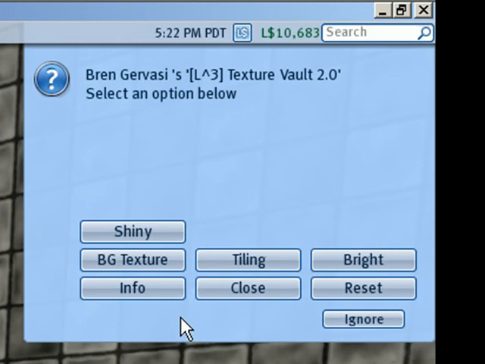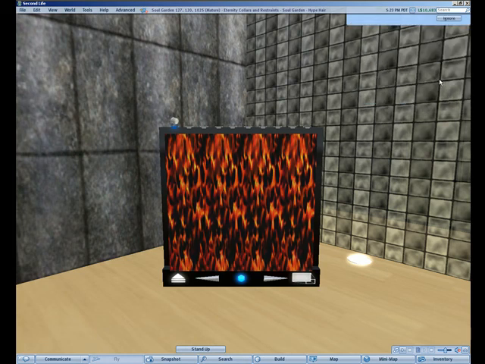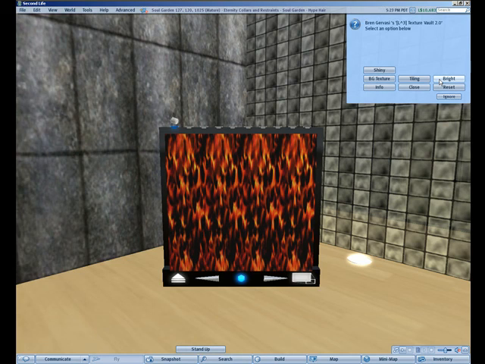Other options that we can use on different full screen textures is that of the full bright. Oftentimes we want to have our textures have the full bright flag checked, or we won't even know that we need them to have the full bright checked until they're actually on an object. Well, this will help us to determine that by clicking it while it's on the texture vault to see if that's really what we want it to look like. And if you click it again, it of course will remove the full bright. In addition to the brightness settings, we can also predefine the different shininess